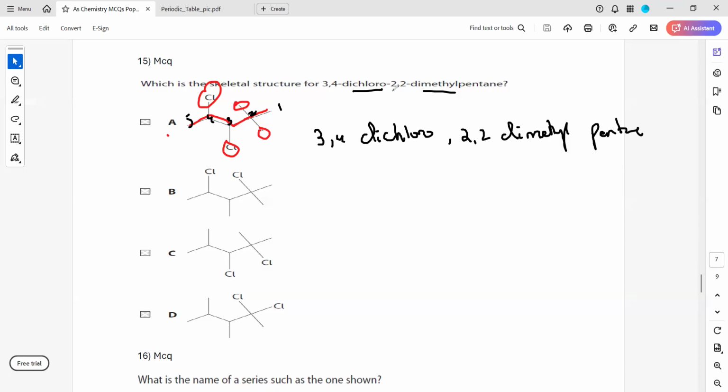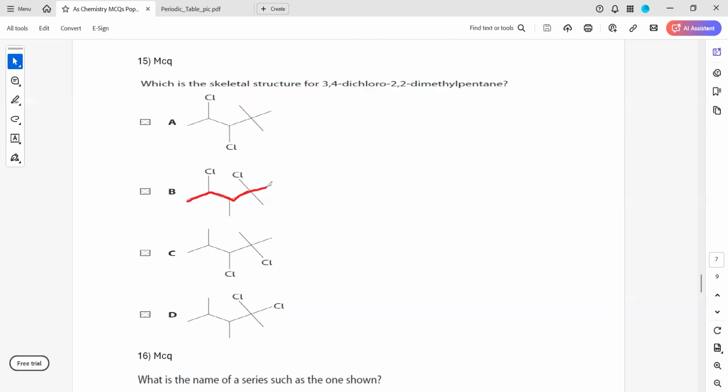But what about B? What is the name of B? So how do we work out the name of B? 1, 2, 3, 4, 5. These are the branches. So 1, 2, 3, 4, 5. So what is the name of this? This is 2, 4, then 2, 3, like second position, and